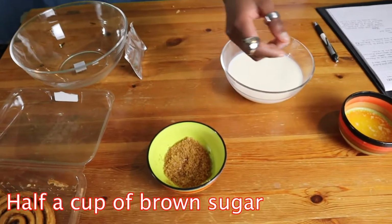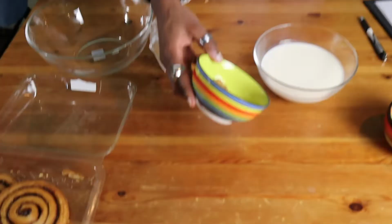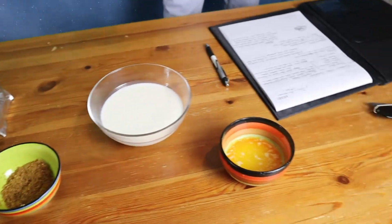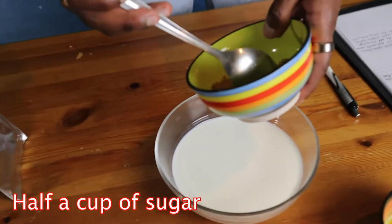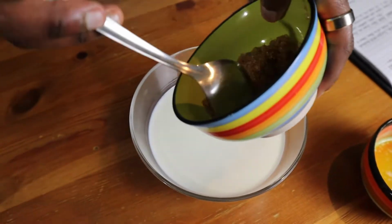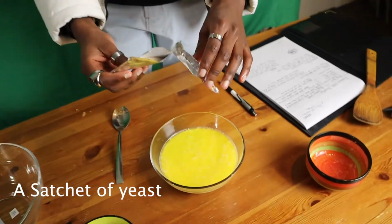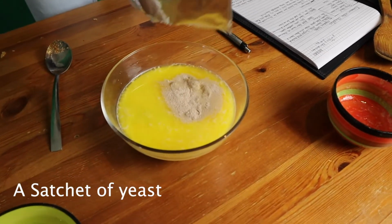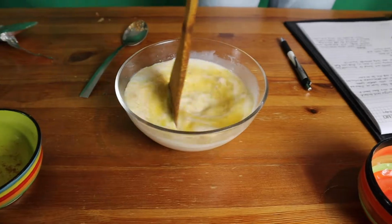Half a cup of brown sugar and half a cup of unsalted butter. Now the thing is, I'm going to try and do all of this, but I don't know if this is going to work out. So now I'm just going to add the sugar. The butter. So yeah, now you gotta add the sachet of yeast. Now you gotta stir it a bit, and then